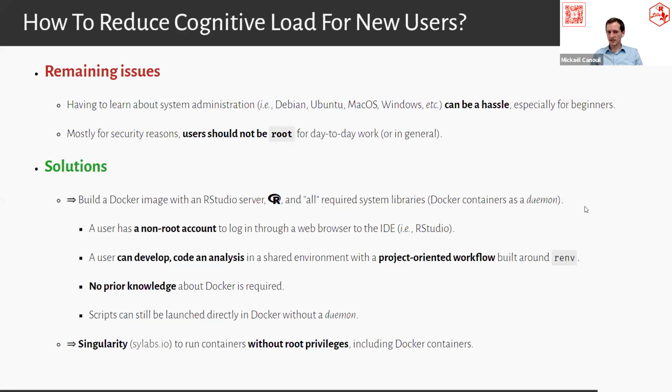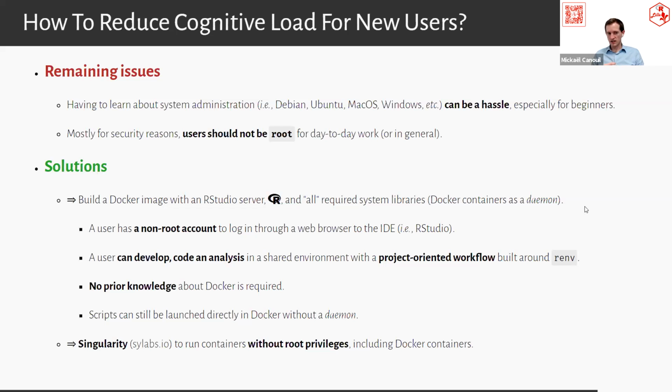So the intern has access to the IDE through the web browser, and it's based on Docker behind the scenes, so it's completely transparent for the intern. They have access to everything in the project and can install packages using renv. So really nice. They don't have to know anything about Docker or any system commands.